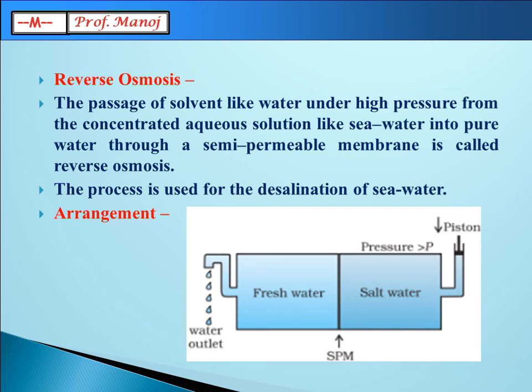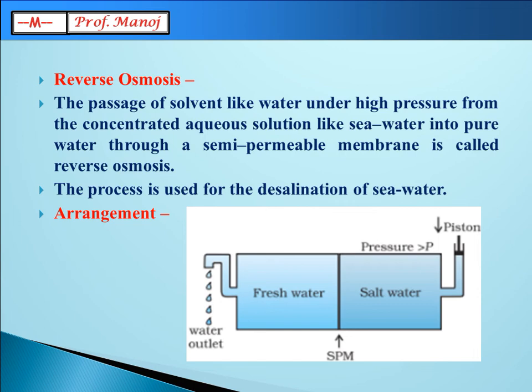In this diagram you can see there is salt water on the right hand side compartment, fresh water on the left hand side. So our solvent is on left, solution is on right. In center you can see semi-permeable membrane. Also a piston arrangement is kept on the right hand side. So what should happen stepwise? Number 1. First, fresh water will start coming from left compartment to the right. We gauge that there is osmosis taking place.